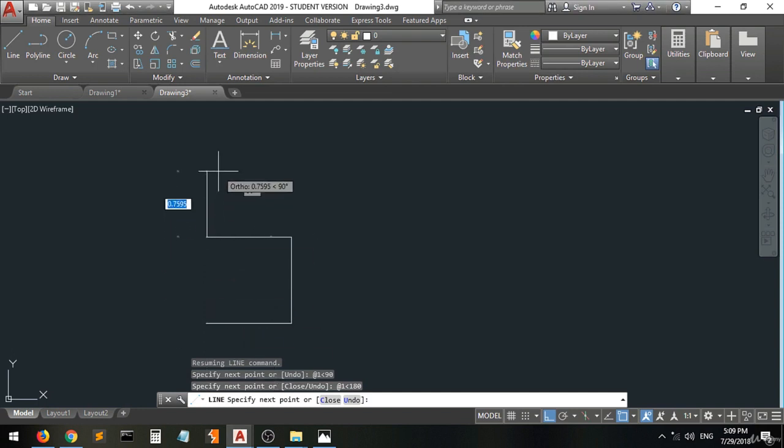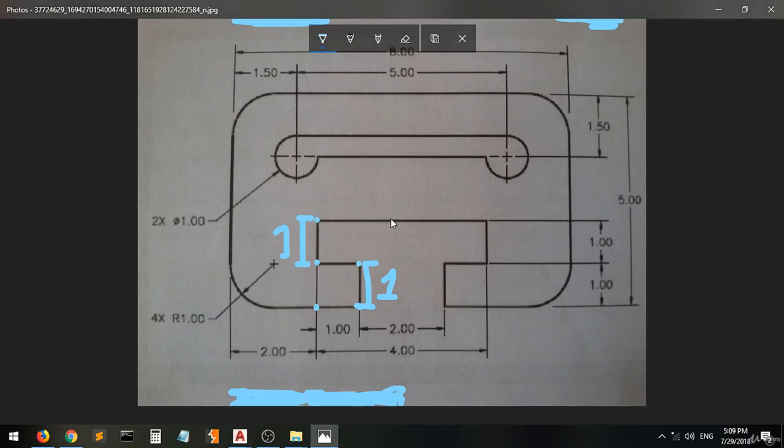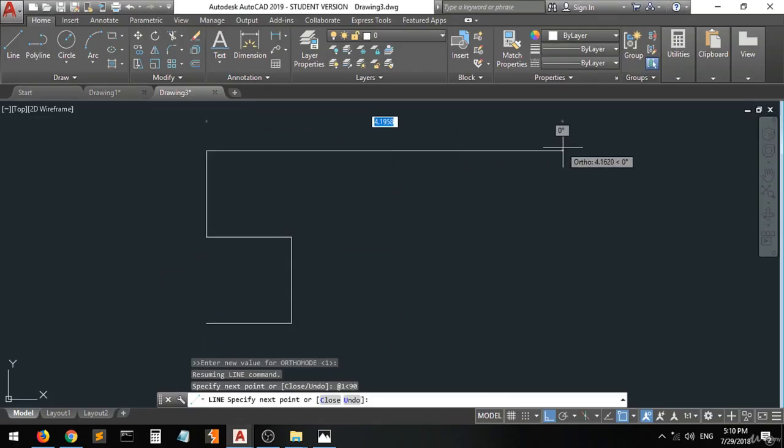So we'll move at 1 in the direction of 9 again. And then go back to the drawing, moving from here to here, and they put this dimension, which is 4, from this point to this point, and this is 4 units. So we'll move at 4 in the dimension of 0, enter, and then